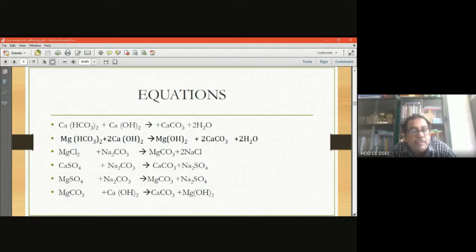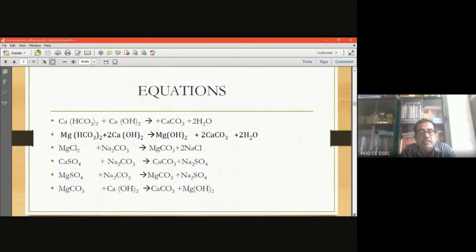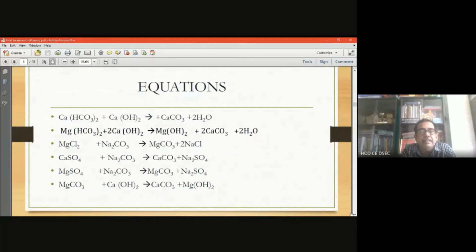So calcium sulfate, responsible for the permanent hardness, reacts with sodium carbonate, that is the soda ash, and the calcium carbonate, that is the insoluble precipitate, is formed. So addition of the lime soda means addition of lime, that is calcium hydroxide, as well as soda, that is sodium carbonate. We are converting the soluble salt to insoluble salt precipitate, that we have seen in the chemical reaction. So these are basically the examples of the water softening process.